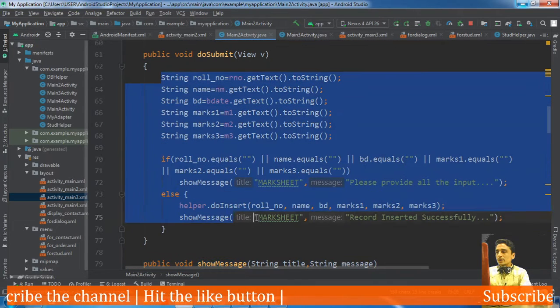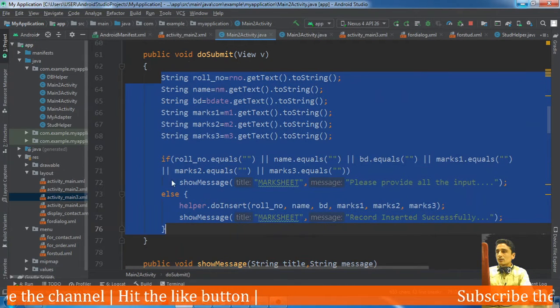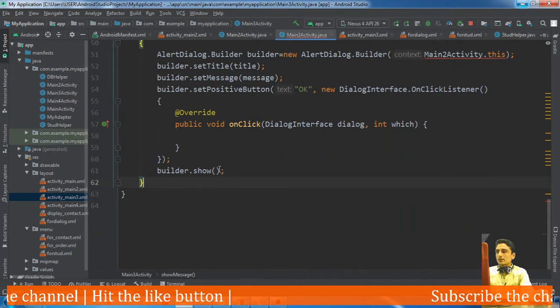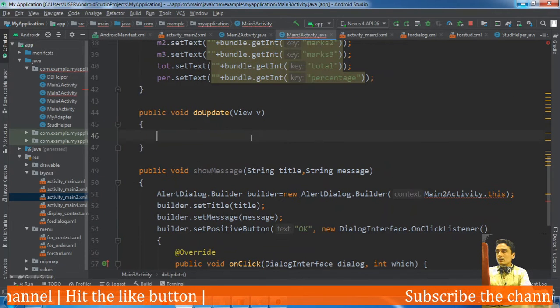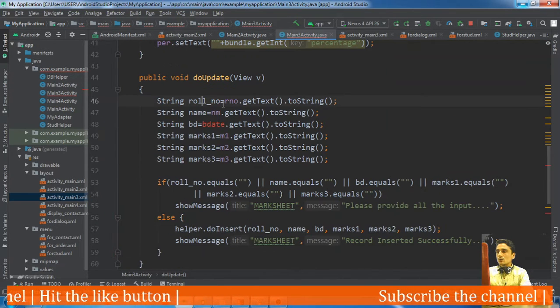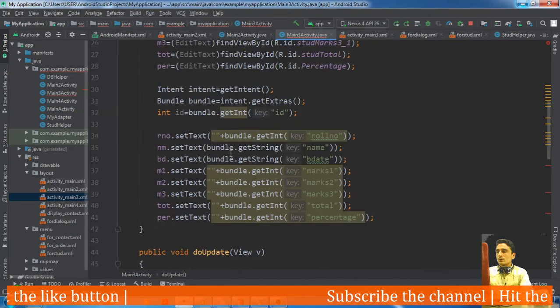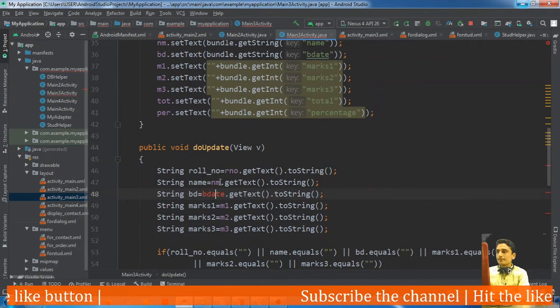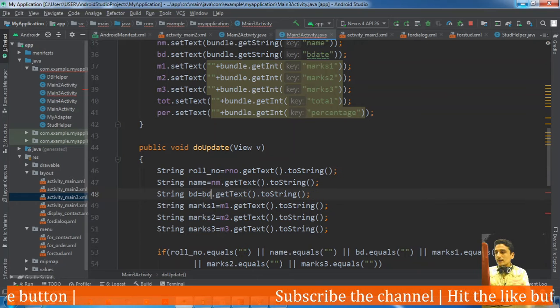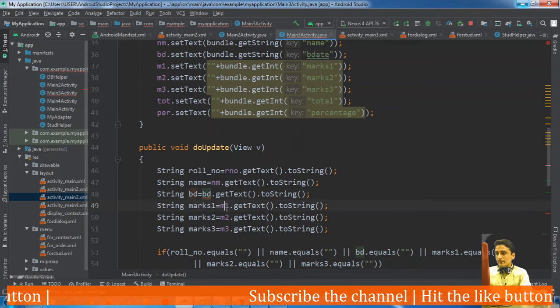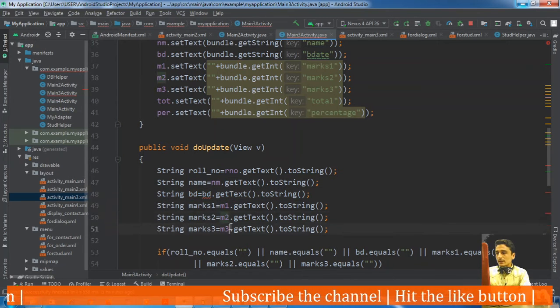We will check for the emptiness of any field. So roll number is equal to rno, name equal to name, birth date equal to bd, and m1, m2, m3.